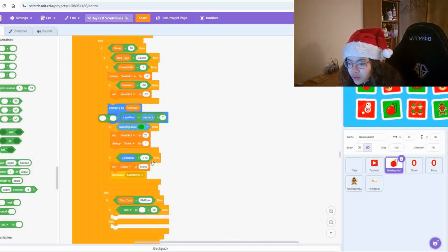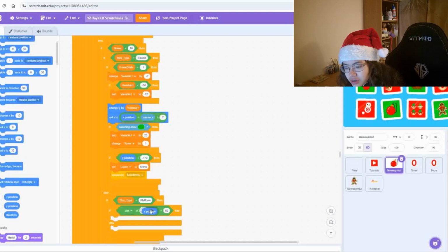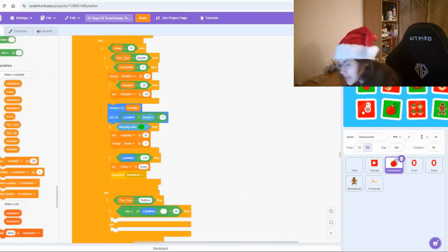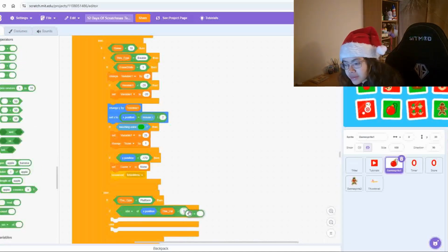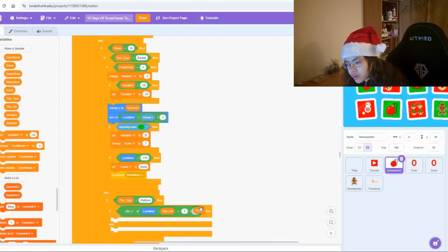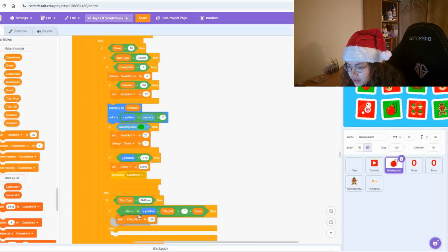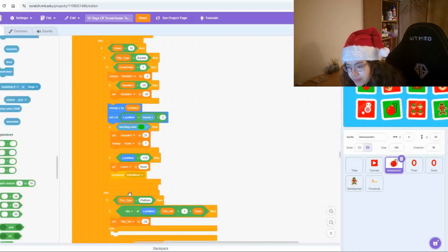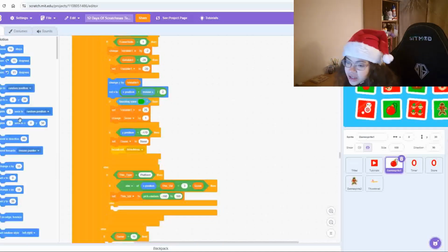And then we need a take away operator into that, with it being x position minus this val is less than 3. It should actually be 3 plus score, sorry. So it's less than 3 plus score. Then we want to set this val to pick random -160 to 160. Else change x by